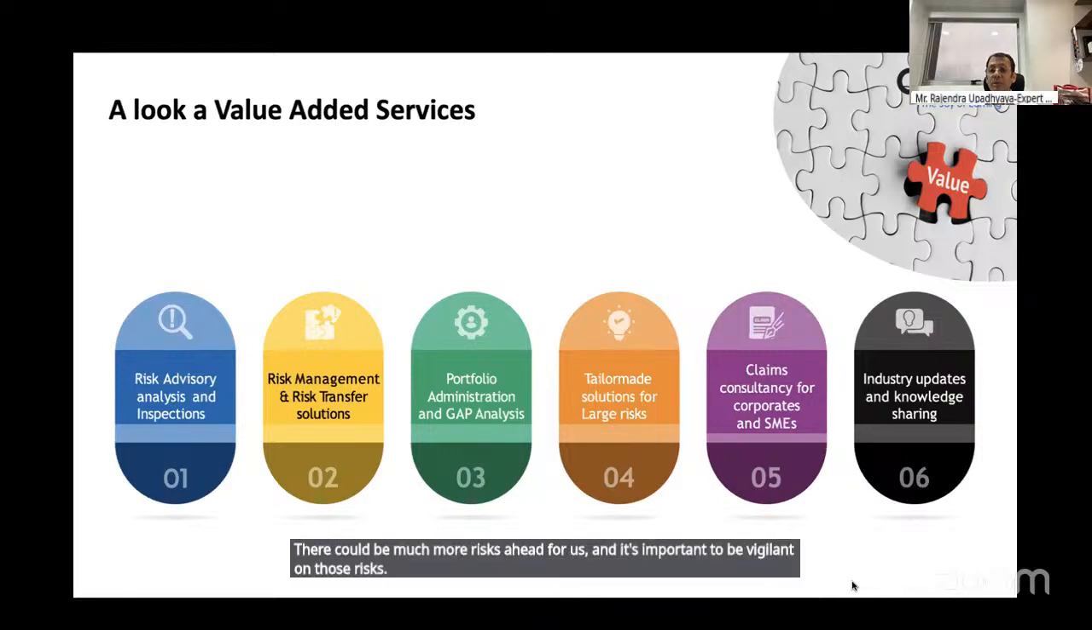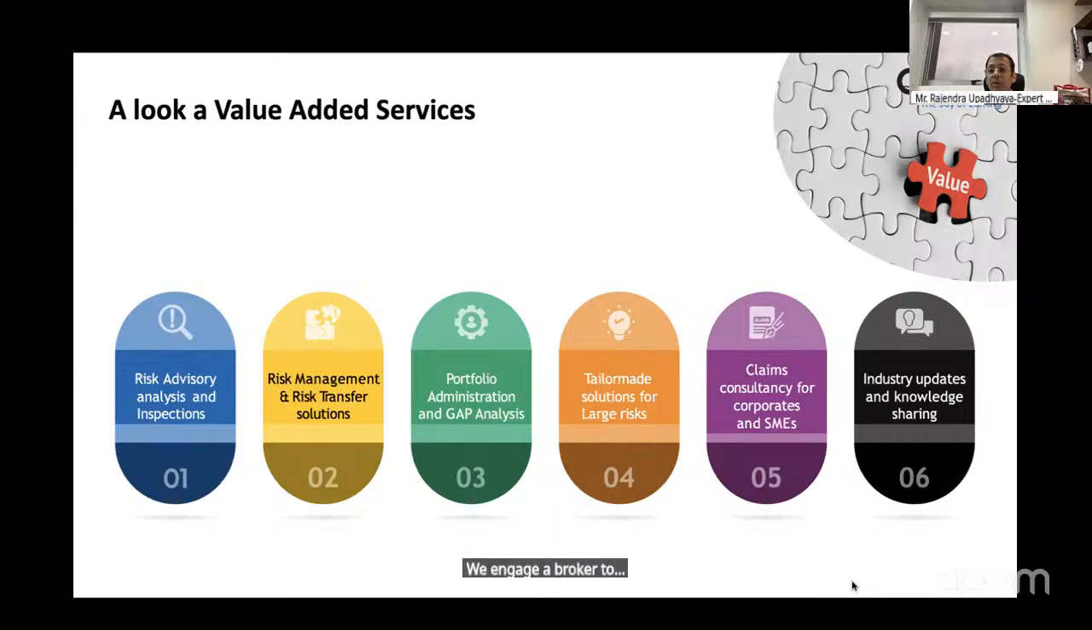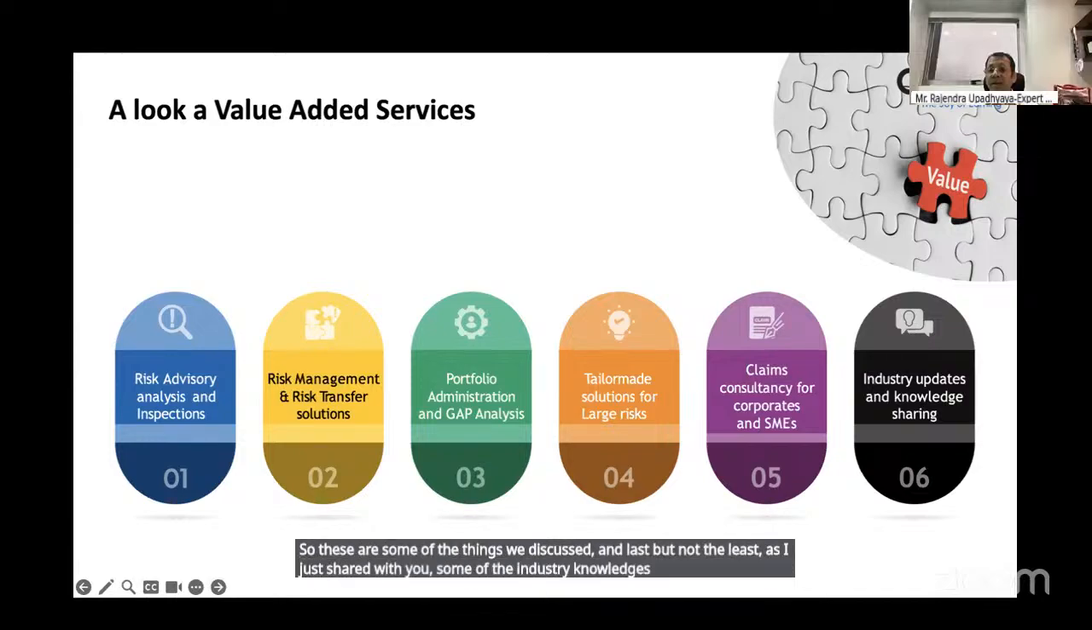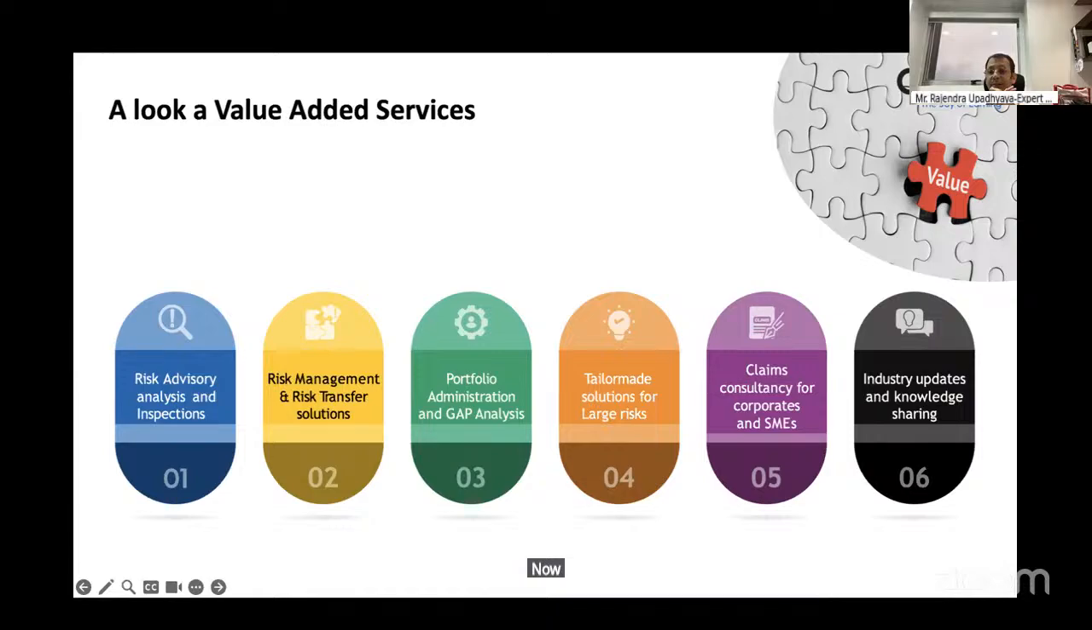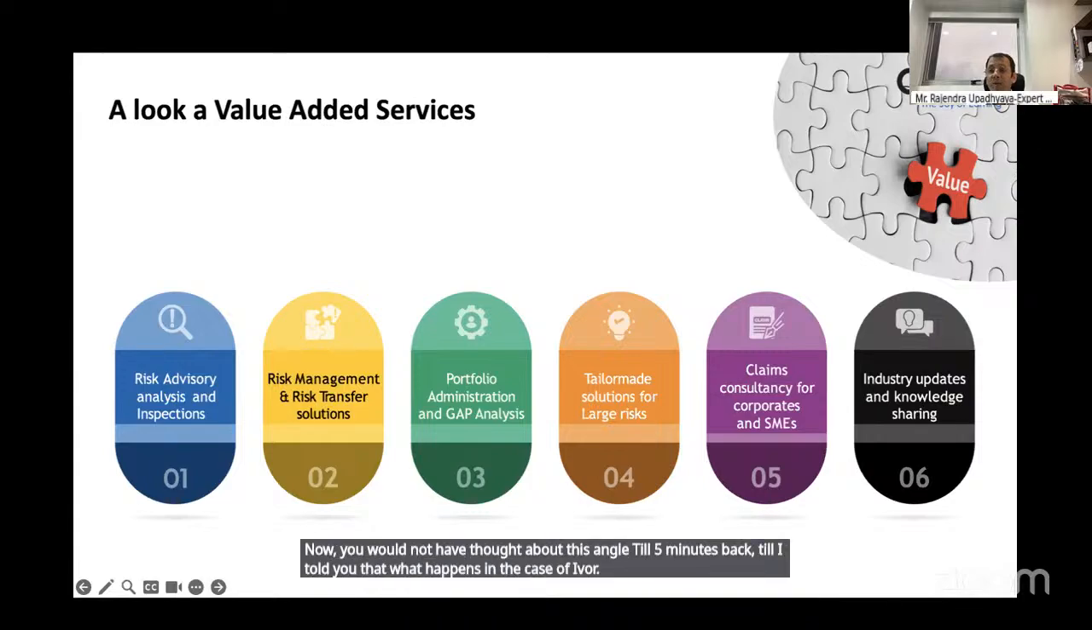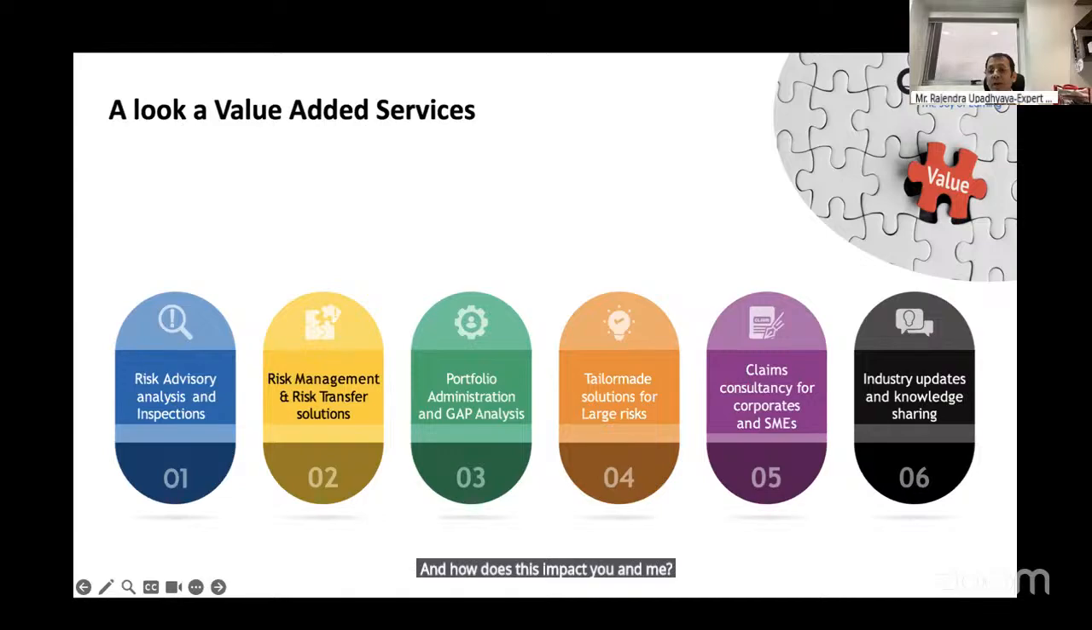So can we engage a broker to stitch those kinds of risks together? These are some of the things we discussed. And then last but not the least, as I just shared with you, some of the industry knowledge, which is very internal to the insurance industry. You would not have thought about this angle till five minutes back, till I told you what happens in the case of war and how it impacts you and me, and what we can do to avoid this. If you look at the geopolitical scenario, there are a lot of things happening. You can't rule out war emerging,